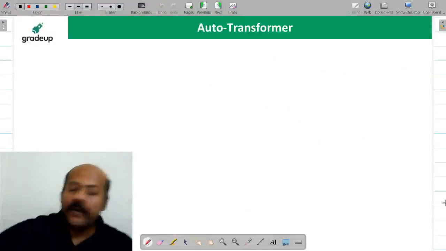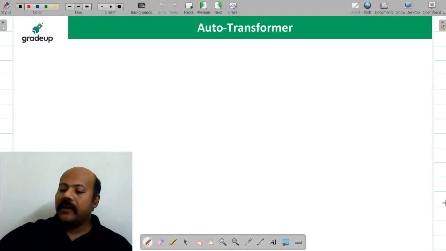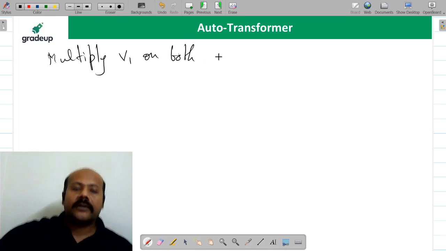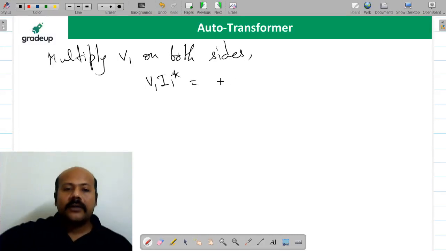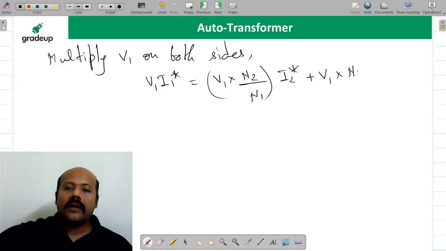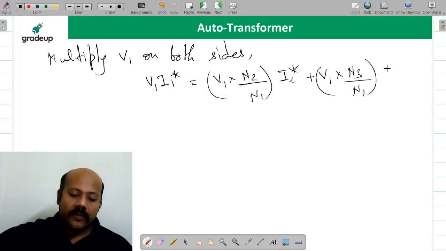Now I am going to multiply this equation with V1 on both sides. So what you are going to get, please tell me. You are going to get V1 I1 complex conjugate is equal to V1 N2 upon N1 times I2 complex conjugate plus V1 N3 upon N1 times